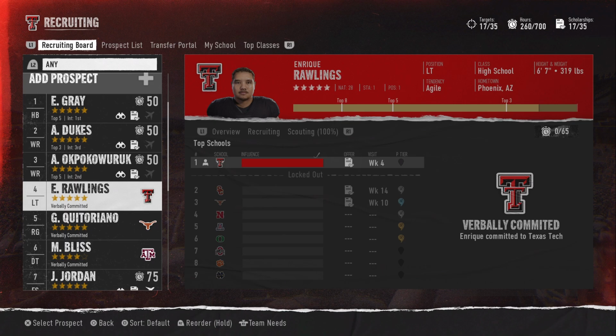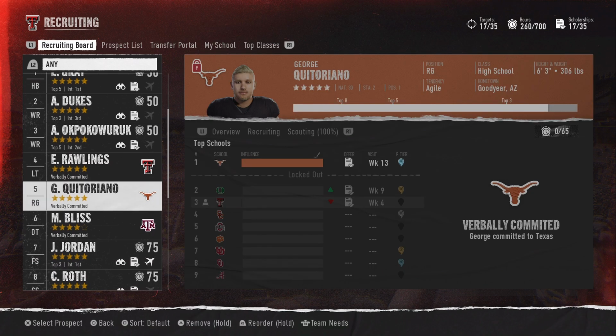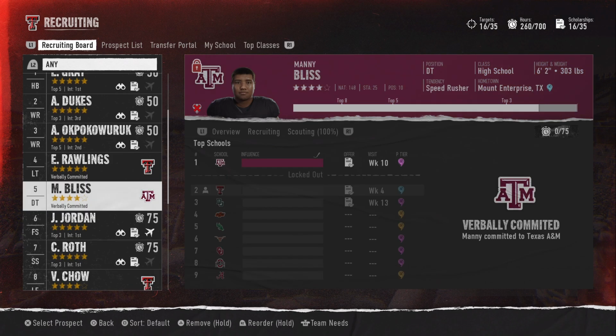He's 6'7", 319 pounds, out of Phoenix, Arizona. That is freaking huge, 6'7". We unfortunately lost this right guard to freaking Texas. Go ahead and take him off the board. And we lost this defensive tackle to Texas A&M, but he was a bust, so I guess it's not that